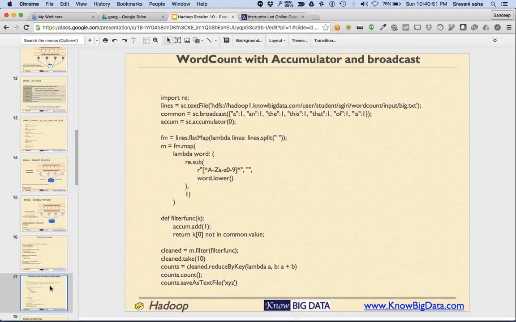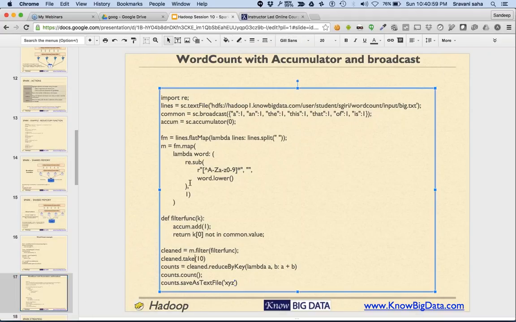Now if we have to use accumulator and broadcast, this is how we are going to use them here. First we import the text. Second, we broadcast the common words which we don't want to count. Also we create an accumulator.